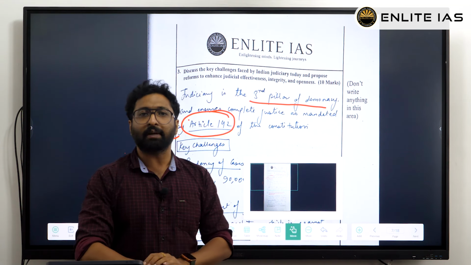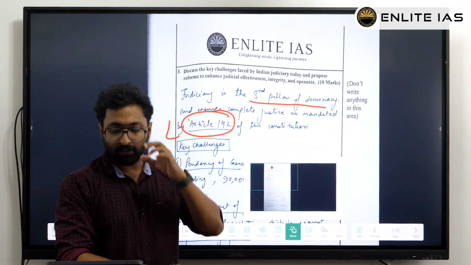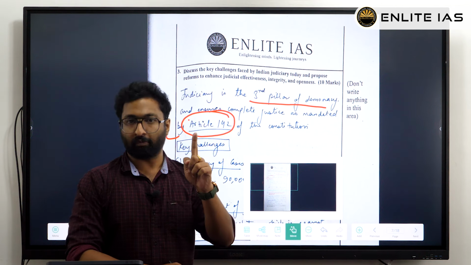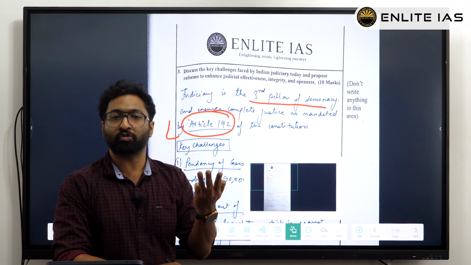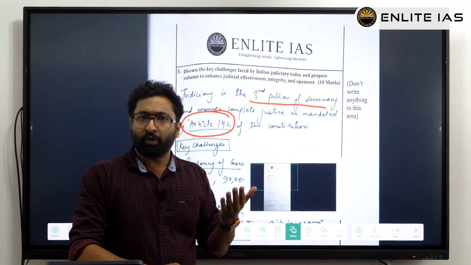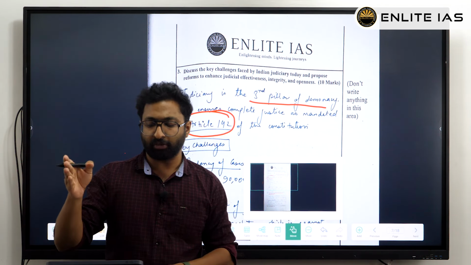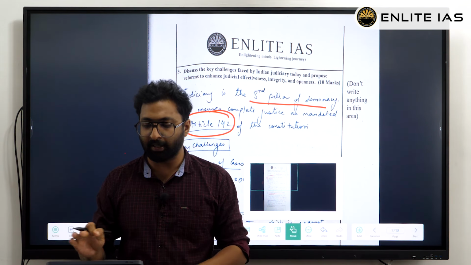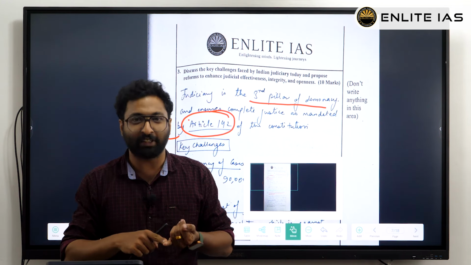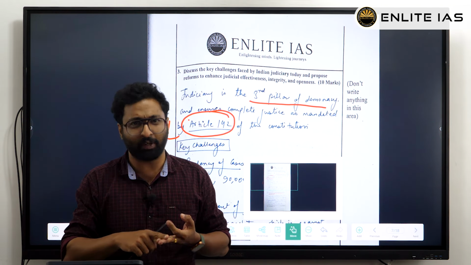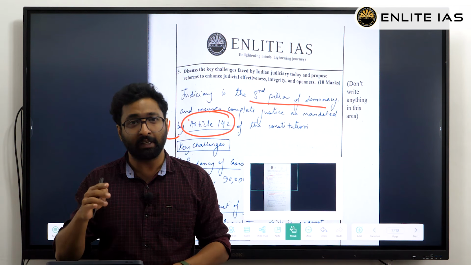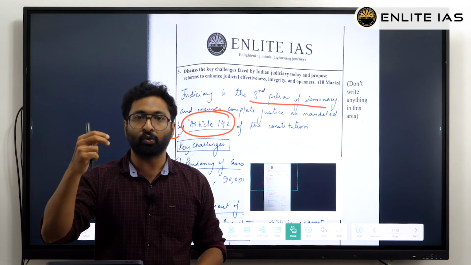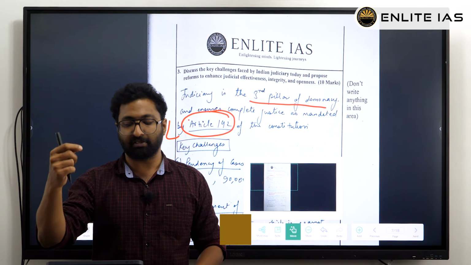See, the first thing that can come to the mind of a candidate is, sir, should I write reforms to enhance judicial effectiveness one part, integrity one part, openness one part. Maybe many of you are doubting whether I should give focus to effectiveness, integrity and openness. I am damn sure that no one is actually going to write 3 subheadings like reforms needed for effectiveness, reforms needed for integrity and reforms needed for openness. But still, your thought process will be like that: sir, should I give 1 point each for effectiveness, integrity and openness?